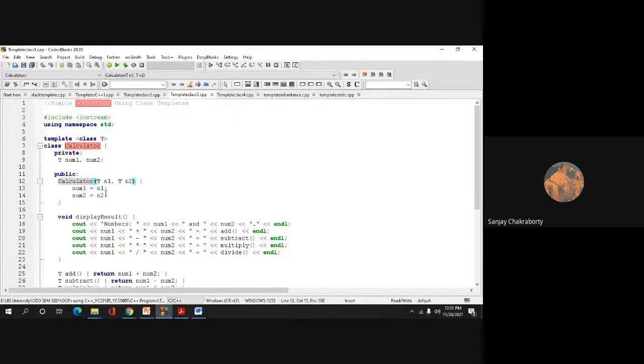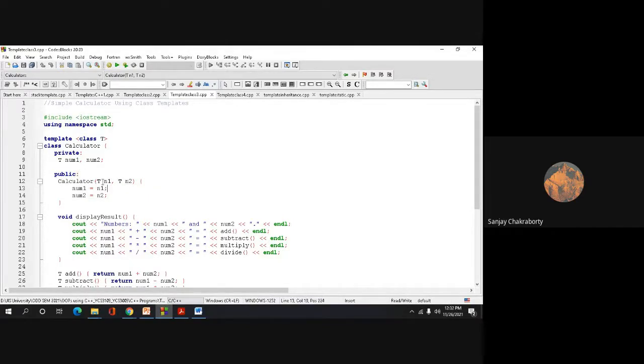So this is a calculator template, right? Within this calculator constructor, we have passed 2 parameters, n1 and n2. It is a constructor under the public domain.